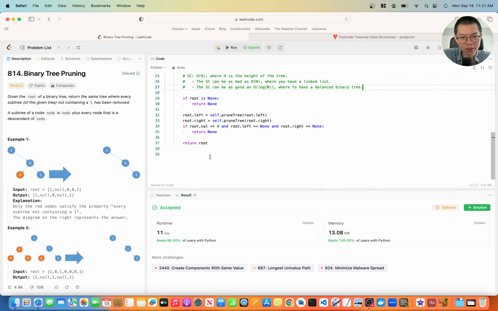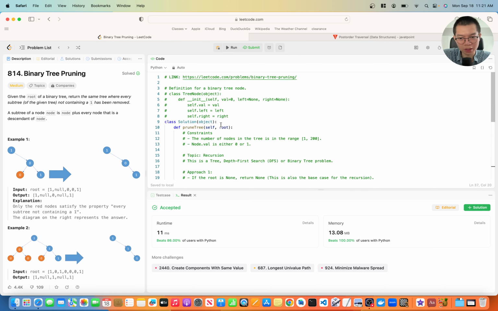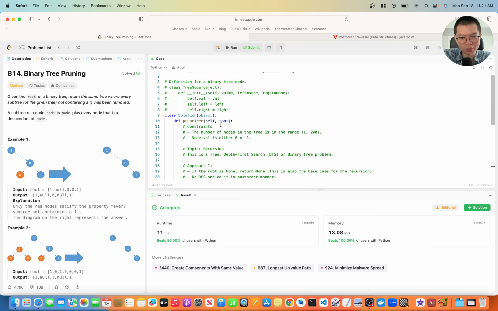And so for those reasons, I'm pretty happy with this problem right here. I was able to explain it, I was able to do it, and so it was really good to practice